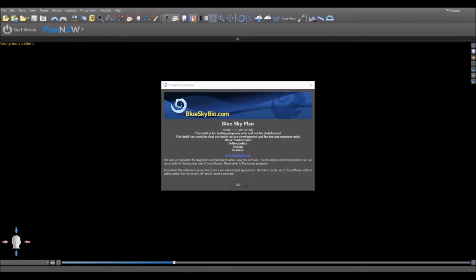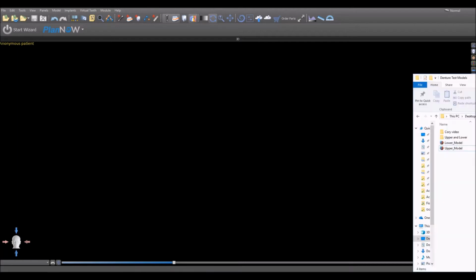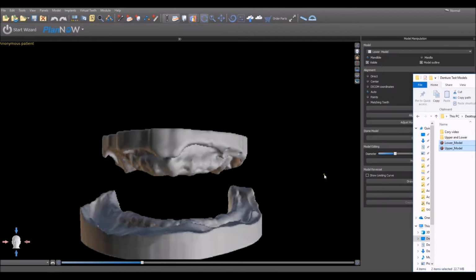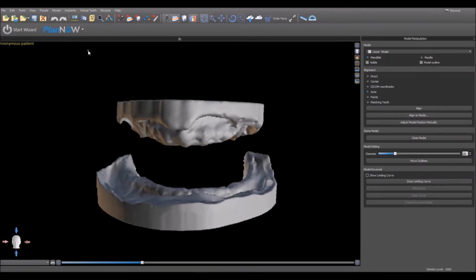Okay, it's May 2018. We're looking at a new development build for the Denture module, version 4.2.1. Right now, we're in the normal surgical guide module, and we're going to import the surfaces for the case. The surfaces can be imported either just by multi-selecting and dragging the relevant surfaces into the software, and we could see how it shows up in the 3D view with their proper occlusion being maintained, or